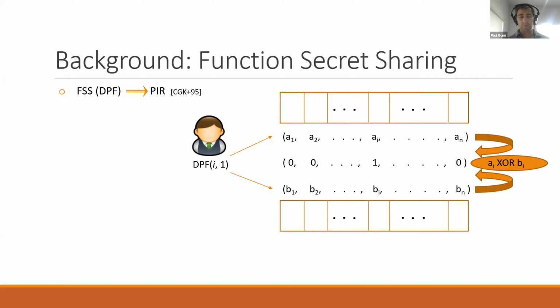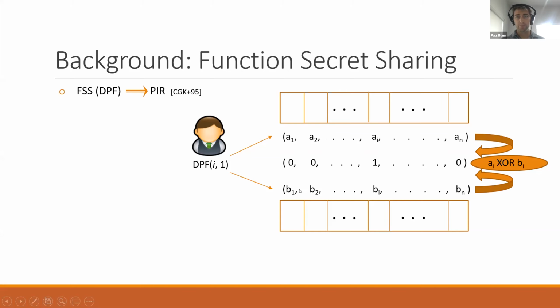So what this client would do is generate a DPF function that is 0 everywhere except for 1 in the ith position, and he would use the DPF scheme to deal keys for this to the 2 servers. The 2 servers would evaluate those keys at every single index of the domain. Here the domain size is however many elements are in the database. And so this is depicted: the top database's shares of every evaluation point are the A's, and the second